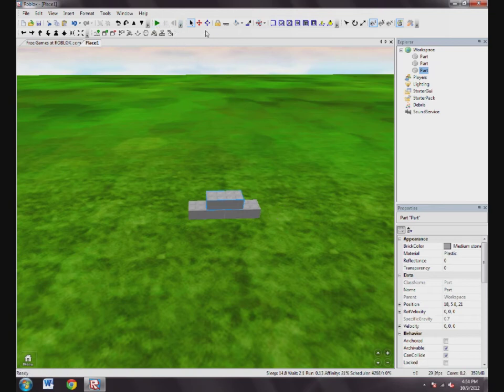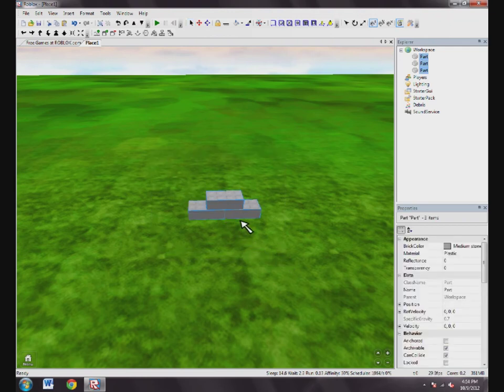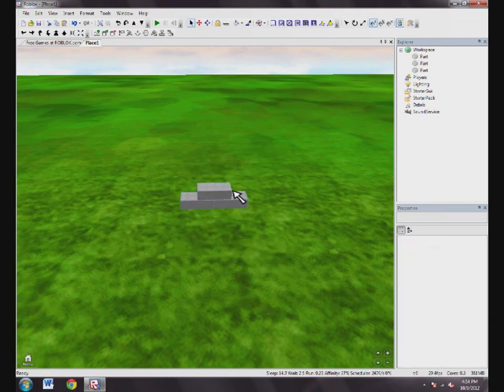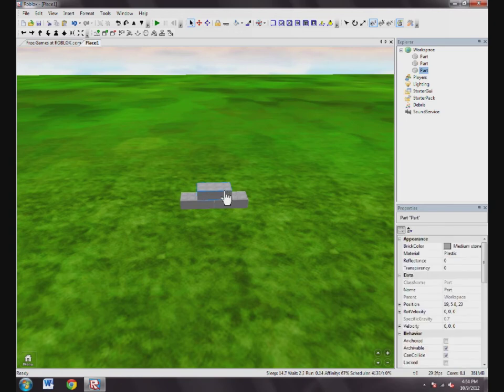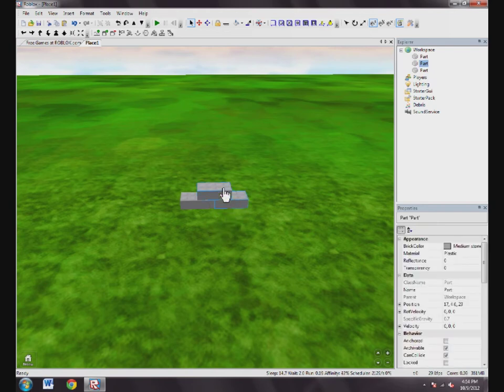So now you have your three selection tools. Your normal mouse here is a selection tool. You can click, or if you click and drag, you can select multiple bricks. Or if you click, hold down Control and click on something else, you can click on certain bricks and it'll highlight them like this. But say you didn't want this brick, you can just, while still holding Control, click on it again